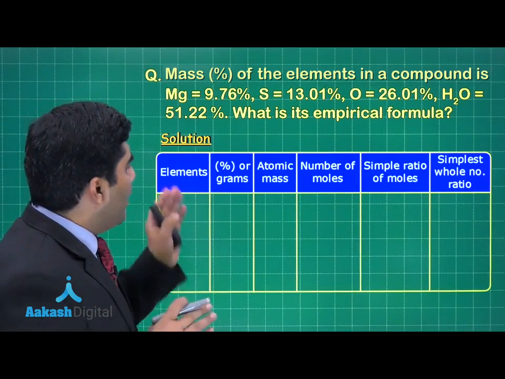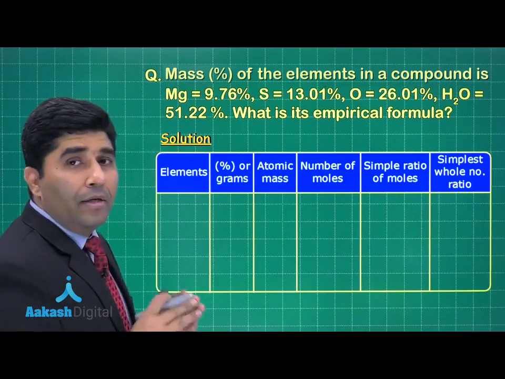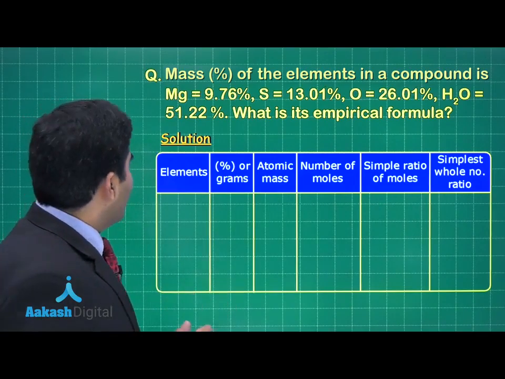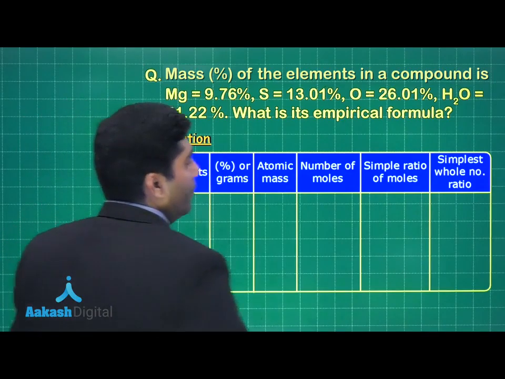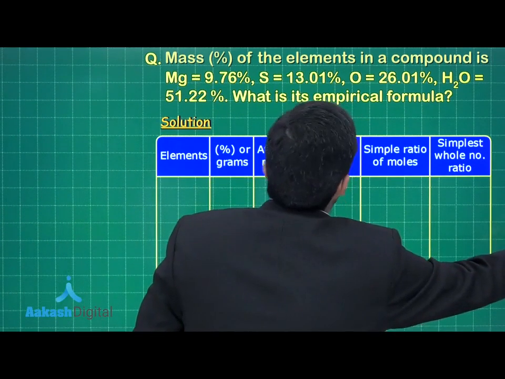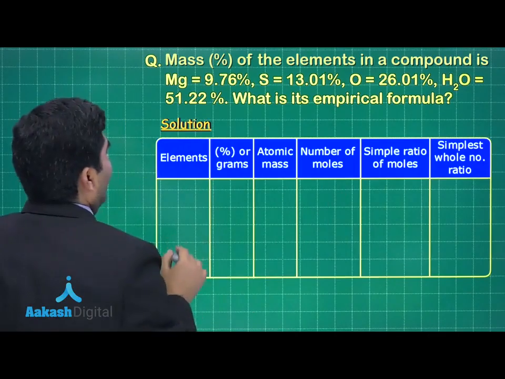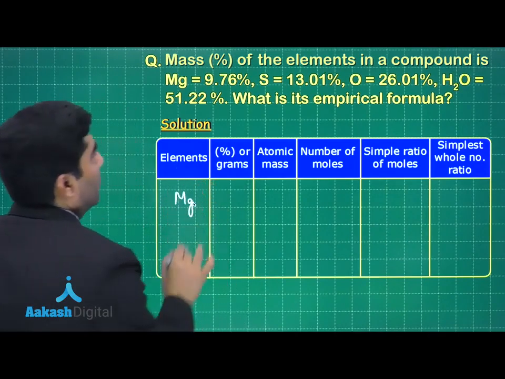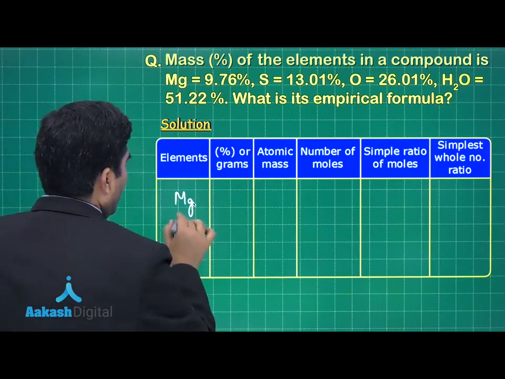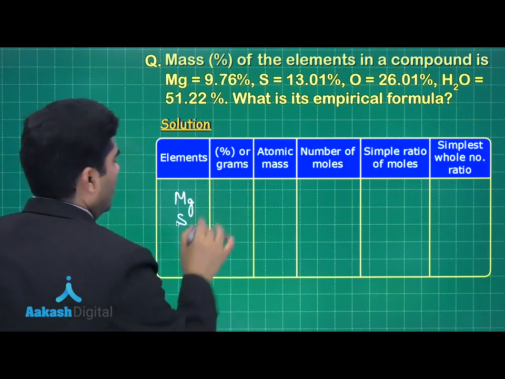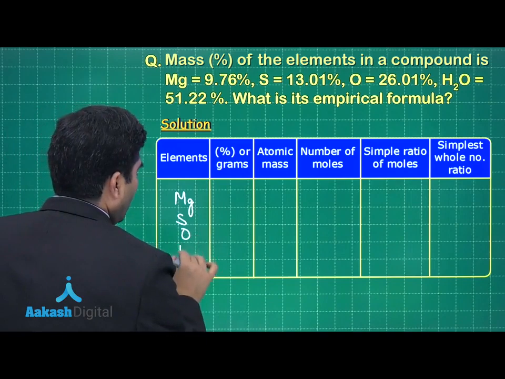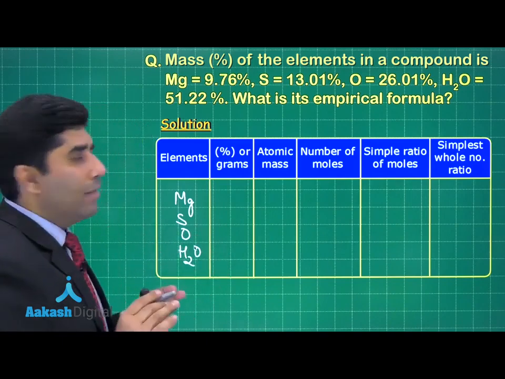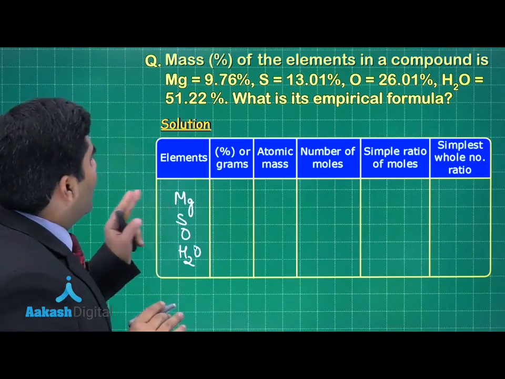So first we have to make this table and follow the certain steps that we have already discussed. The first step is the elements we have to write. The first element is magnesium, sulfur, oxygen and water, right? Now their percentages: